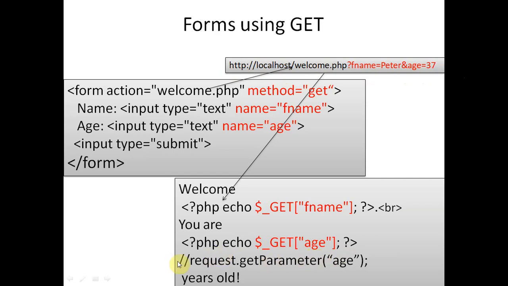So you can see here, this is the JSP statement, and this is the PHP statement. In PHP we write underscore get. In JSP we write request.getParameter, and the name of the variable inside the argument. This request is an implicit object of JSP, while we are not writing any implicit object here, we are writing the $_GET or $_POST function. By this function we are accessing the value of the client text box. So this is all about the get and post method.